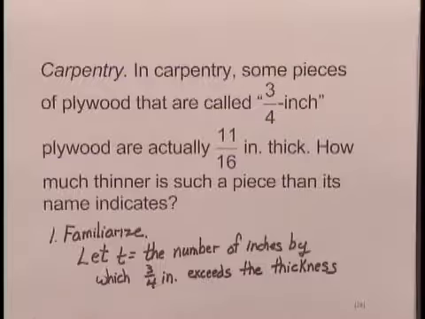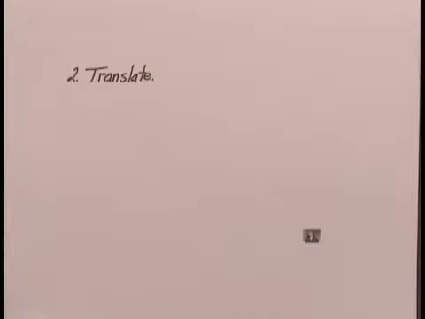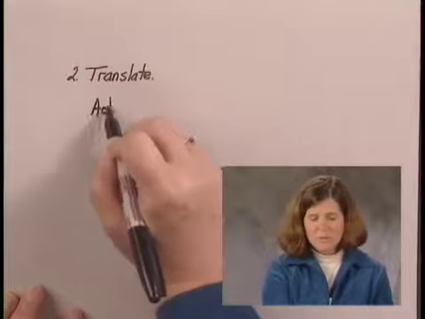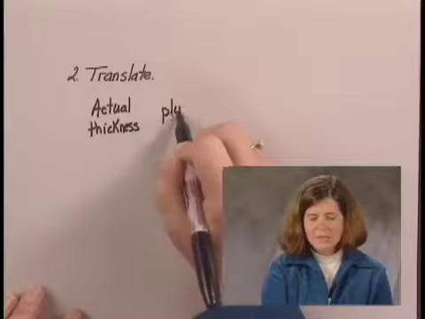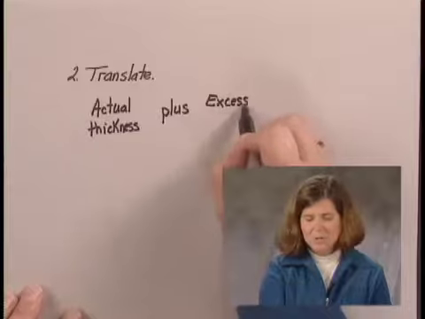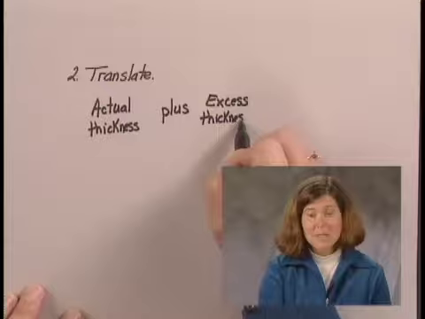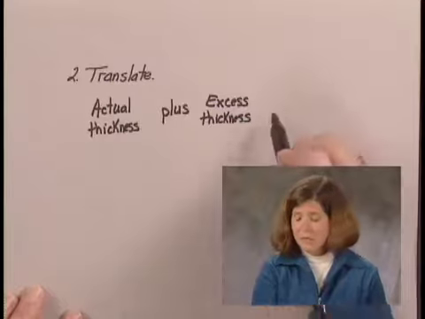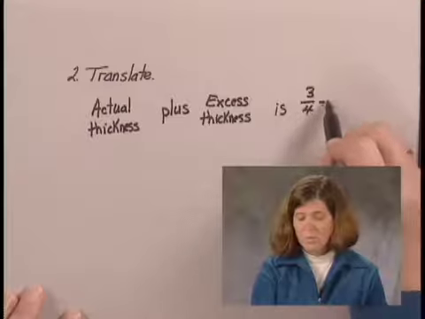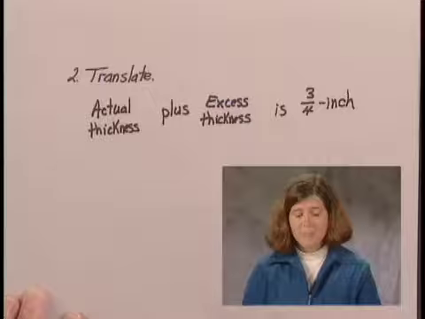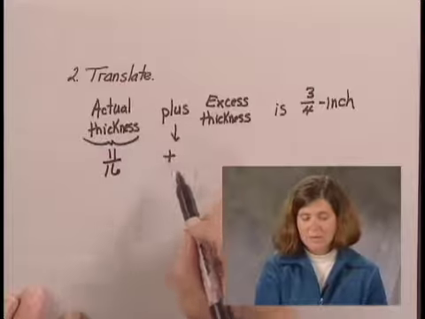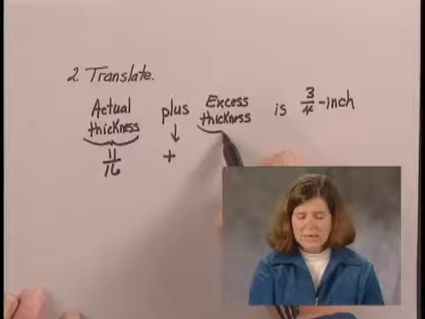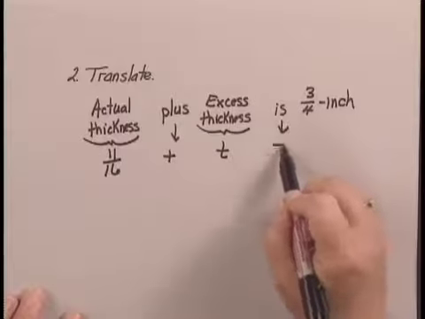Now we go to the next step of our problem-solving process, and that is to translate this situation into mathematical language. We think about the plywood, we can think of it as the actual thickness of the plywood plus the excess thickness, or the extra that we expect to be there that's not there, is what it's named, 3/4 inch plywood. Well, the actual thickness is 11/16 inch plus, translate to addition sign, that excess thickness we called T is